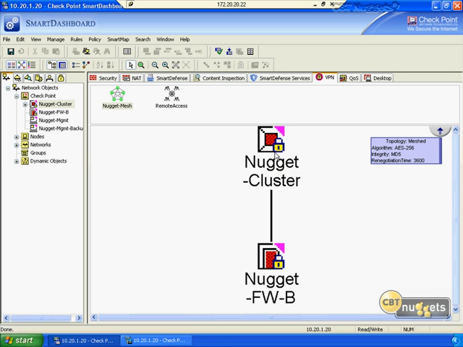This is basically where our corporate office is, as we stated before, and our remote office is Nugget Firewall B. Now, let's say this link right here is DSL or cable or fiber or what have you. Any information that goes between these two sites, we need to make sure that it's encrypted, just in case a hacker or someone looking in the middle right here is looking to perform a man-in-the-middle attack,